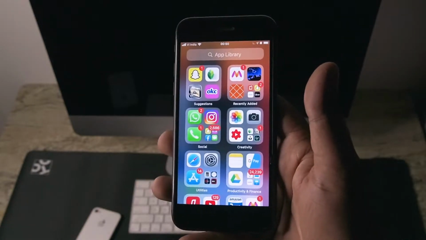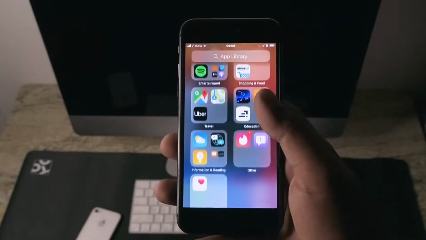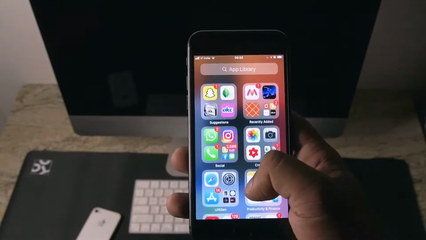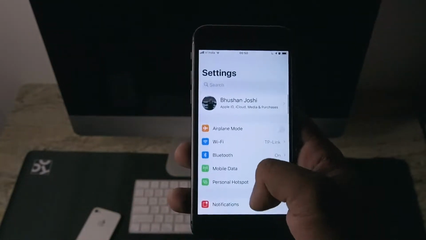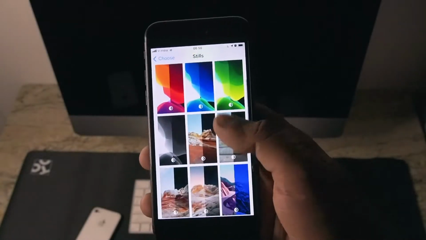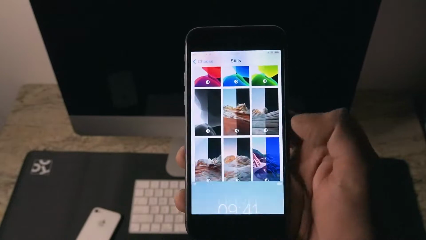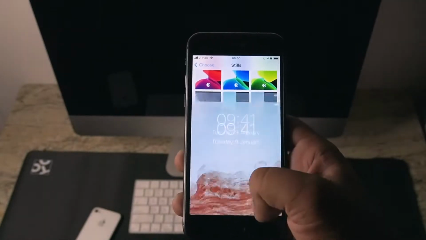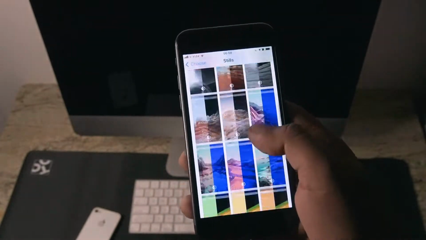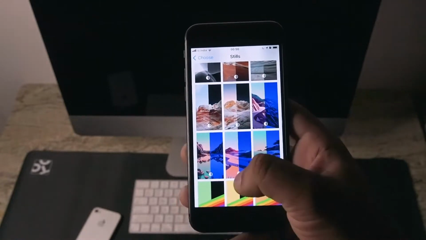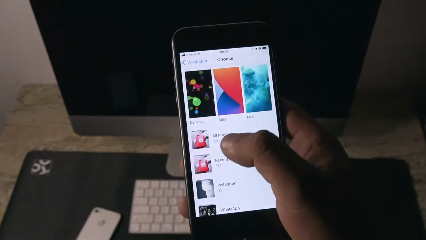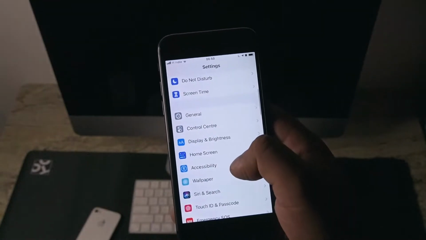First I'll quickly go through what's new in 14.2, and then I'll come back to the bug fixes which they have done. Starting with the wallpapers, they have added 8 new wallpapers to the collection. If you see here, they have added 8 new wallpapers. This was one change in 14.2, and they are available in both light and dark theme. You can change it accordingly once you update your device.